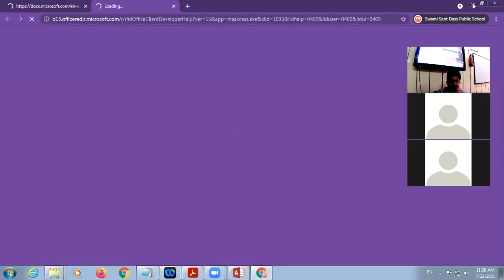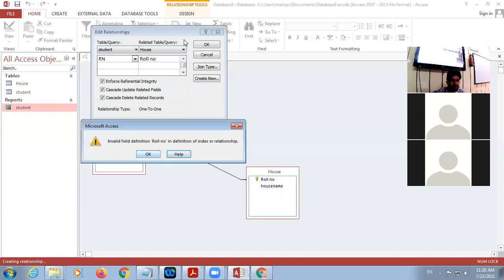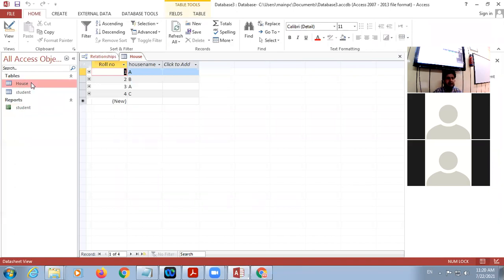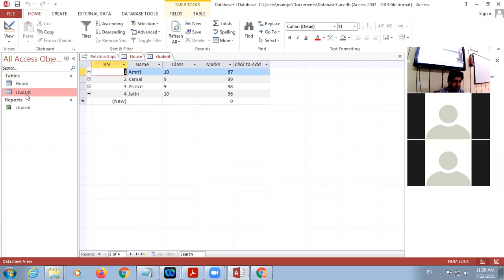But here is one problem. Data is already repeating. Look here. In house, we are taking roll number 1, 2, 3, 4. But in student, again roll number 1, 2, 3, 4. When we set the relationship, it means one table is dependent on another table. When we delete data from the second table, it will check whether the same data is already deleted from the first table or not.